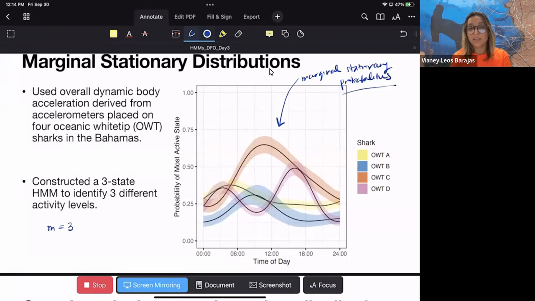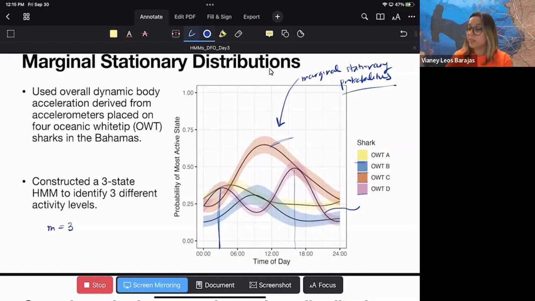What we realized is that the 4 different sharks, for the short periods that they were tagged, exhibited 4 different types of activity patterns in terms of when they were most active. So we have 4 sharks, yellow, blue, orange, purple. The purple shark tended to be more active across, say, 4 p.m., but also had a period of activity around 3 a.m. Other sharks, like the orange shark, tended to be more active in the middle of the day,